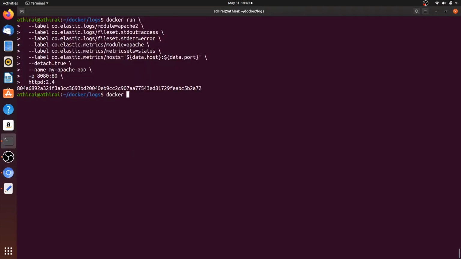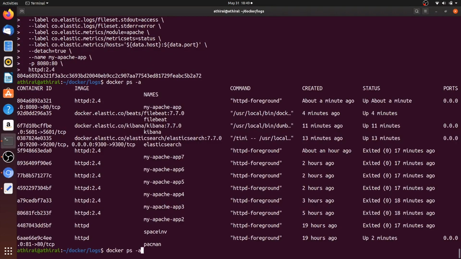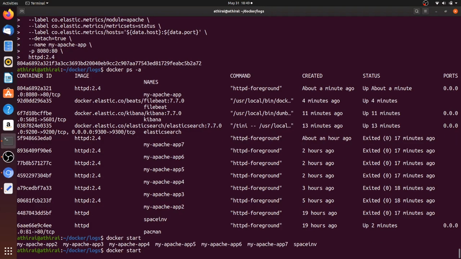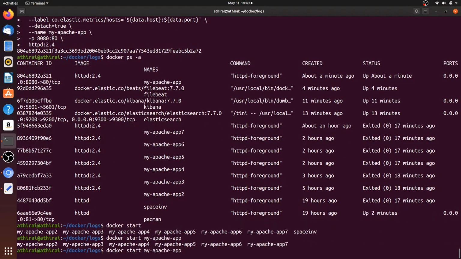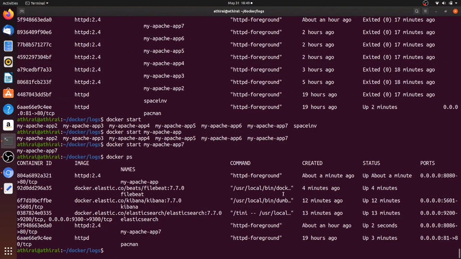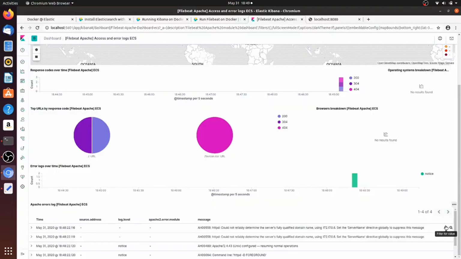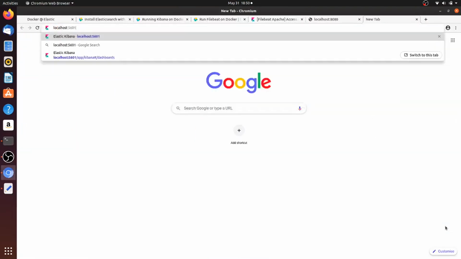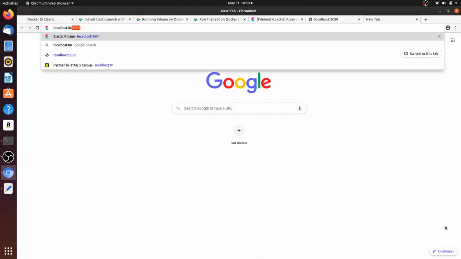Now let me start other containers for which I have already added the labels. For example, I will start my app 7, which is running on port 8086. Let's go there and give some load.